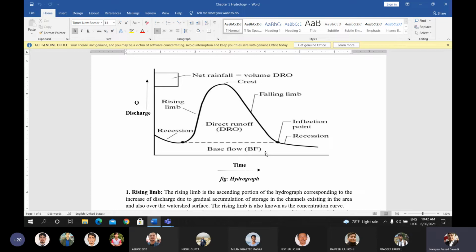Okay, subsurface flow means the underground flow after seepage. After seeping, the water should flow horizontally to connect to the river. That takes so much time, and that is called the delay flow or base flow. The direct runoff ordinate is the contribution of the surface flow, not subsurface flow or delay flow. So the contribution of the flood water due to the subsurface flow is called the base flow. Okay, after subtracting the